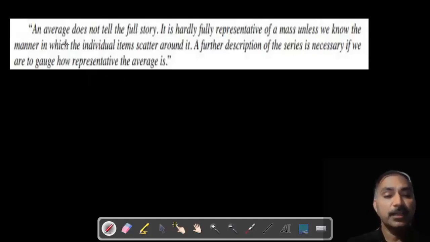They are saying an average does not tell us the full story. This is a very important point. It is hardly fully representative of the mass unless we know the manner in which individual items are scattered around it. उनका स्कैटरनेस मीन पोजीशन से कैसा है, whether they are more scattered or less scattered. जितना कम स्कैटर्डनेस होगा उतना ही accurate data बोला जाता है. A further description of the series is necessary if we are to gauge the representative,